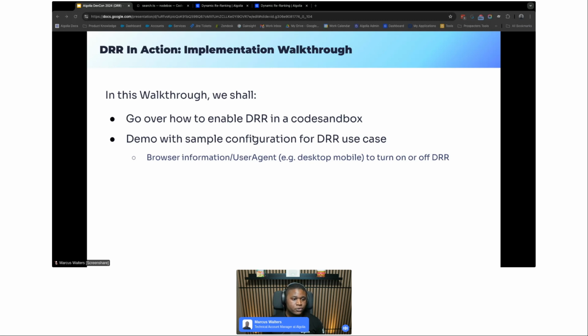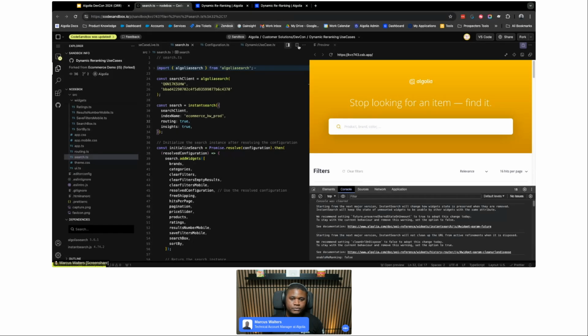And we're going to go through an example configuration for a dynamic re-ranking use case, where we're going to try to look at the browser information, or particularly the user agent, to try and turn on or turn off dynamic re-ranking. So over here in my new tab, let me see if I can